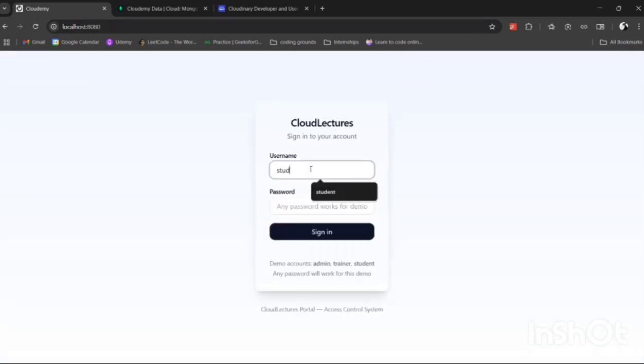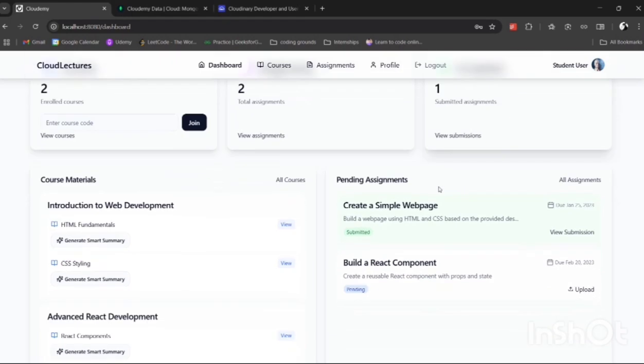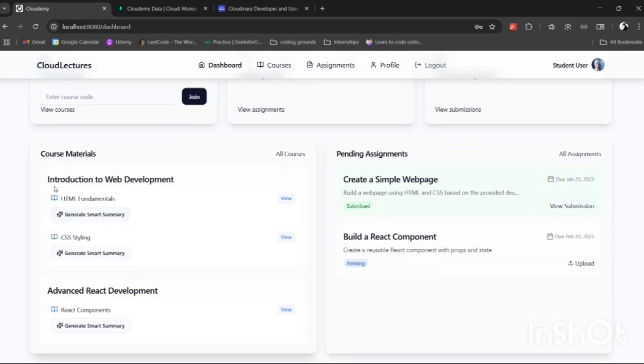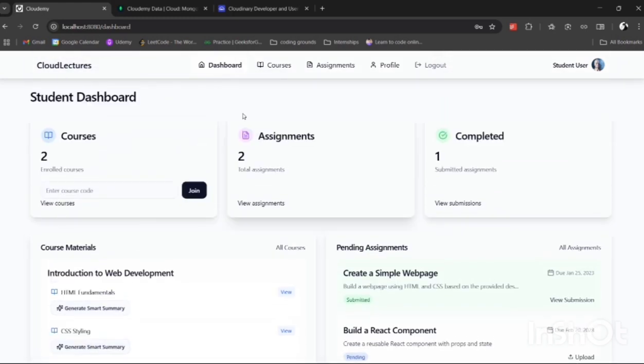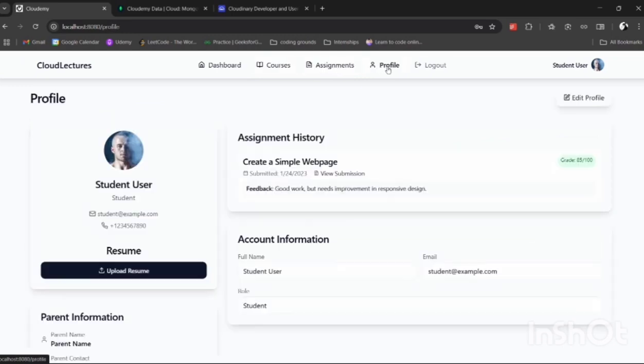Then let's move on to the student view. Once the student logs in, he can see relevant information about himself. He can join a class from here. The classroom code will be given, and he can join the class from here. There are assignments, and submitted assignments, how many are accepted and such. Here in course materials, as you can see under courses, it can also generate a smart summary of the PPT, which will be uploaded by the trainer or the admin. Here it's the same: courses, assignments, and the profile. Then after this,